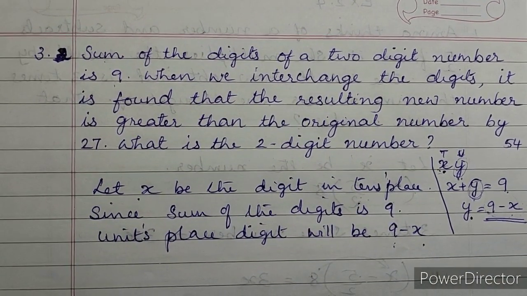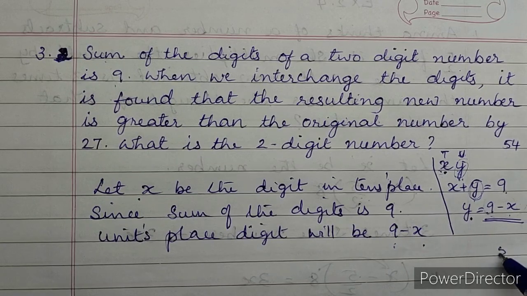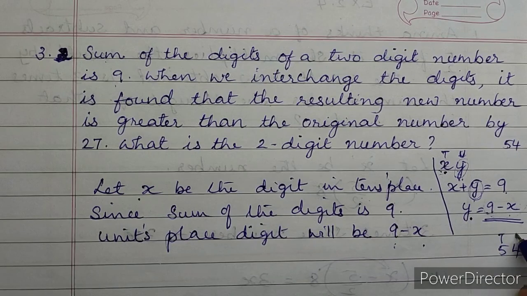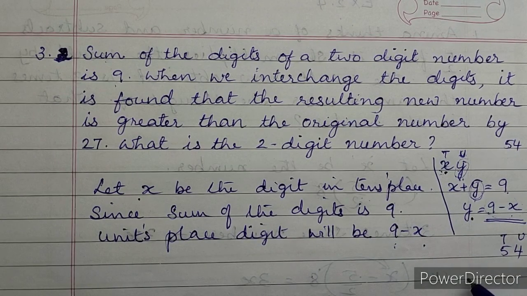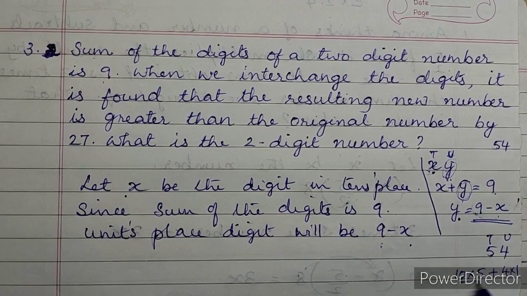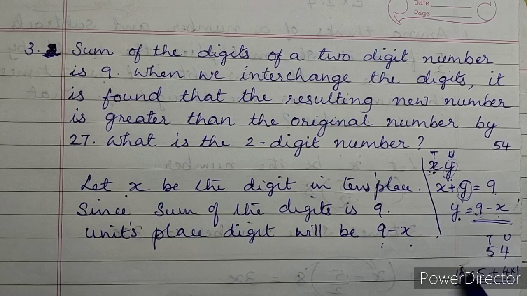Whenever you write the original number, you have to write it in expanded form. These type of sums. For example, if you take the same number 54, the expanded form is, this is in tens position and this is in units position. So 10 into 5, that is tens position number, you have to multiply with 10, plus 4 into 1. This is the expanded form. So 54 you can write in the expanded form as 10 into 5 plus 4 into 1. So original number is this only.